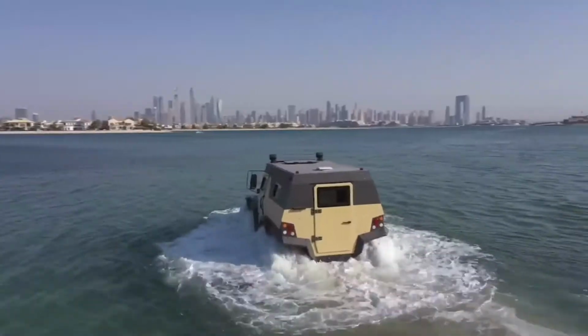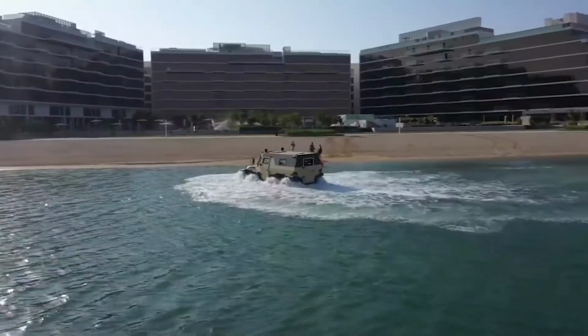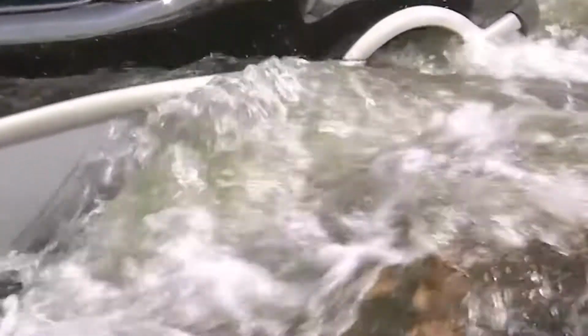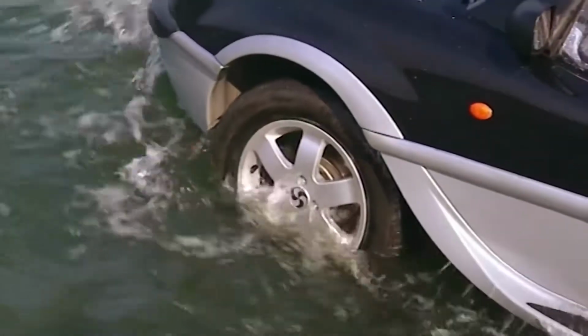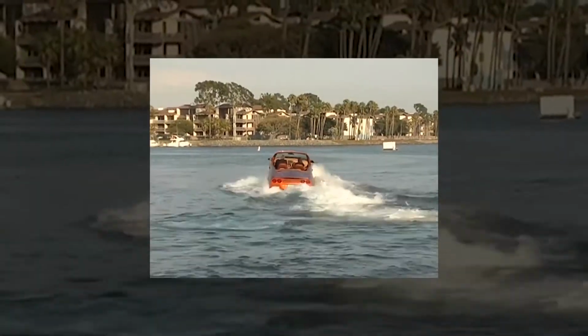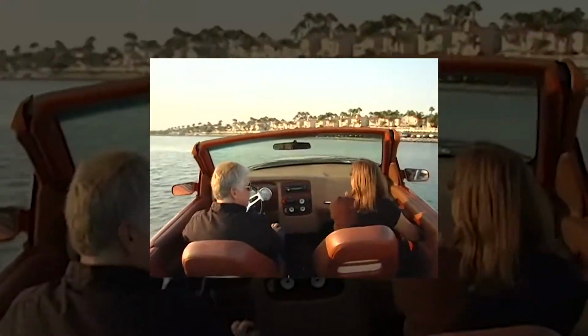Amphibious vehicles are among the most ingenious inventions ever created. A vehicle that can move people across a body of water and does the job just as easily on land is an amazing thing. The earliest amphibious vehicles were developed in the late 18th century and continued to evolve through